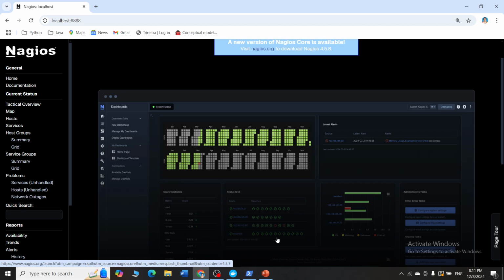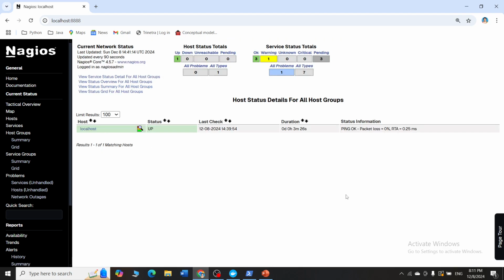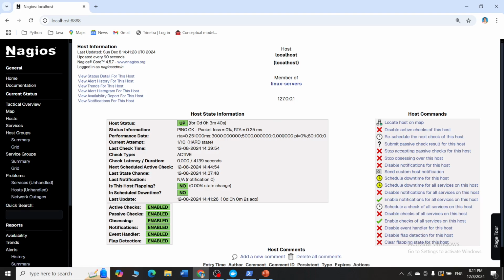Okay, now let us see how to monitor specific hosts. Now you can click on this host option here on the left side. This is the host option. We can go to this host and you can see the list of systems that are monitored. Here you have your localhost that is being monitored, which is nothing but your own system. So you can click on this localhost. If you want to explore this, it talks about the host status, right? Basically this section is the system that is being monitored, the localhost that is being monitored.